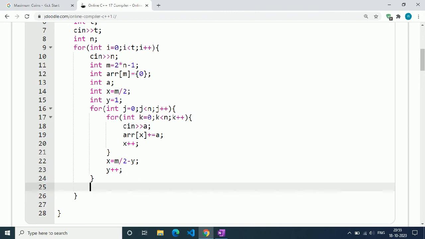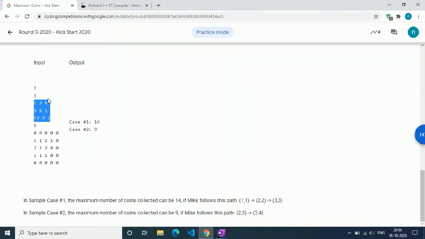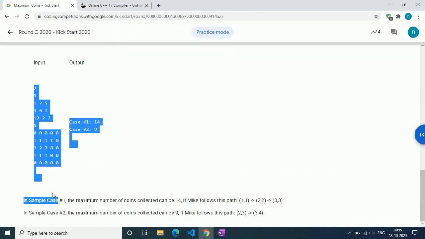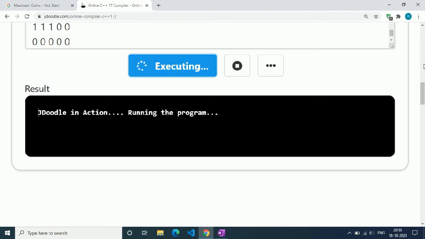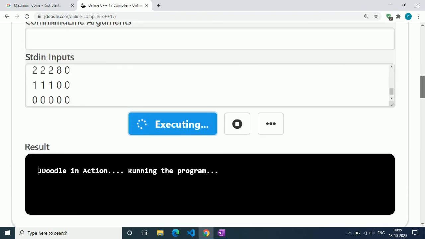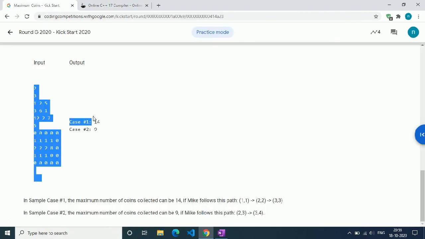So every time a new row comes, our starting position goes 1 left, and once we store the entire array, we have to simply use this STL function, max element, array plus m. This will give the max element inside our array. So let's get the input, and we get the right output here, 14 and 9.